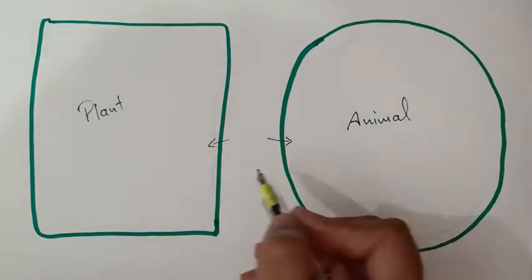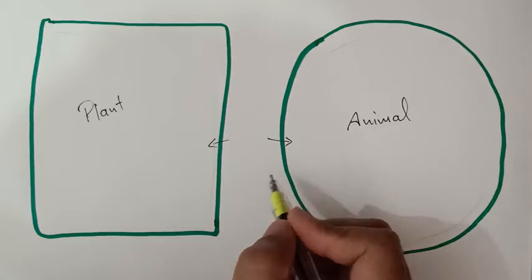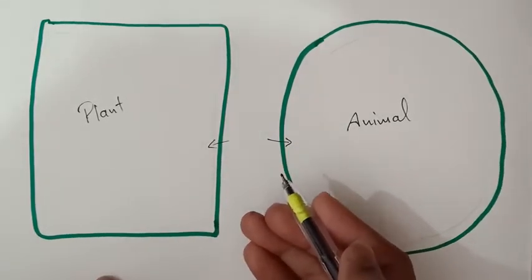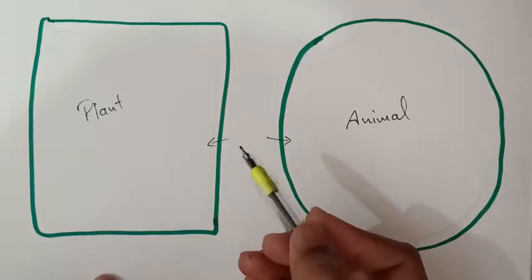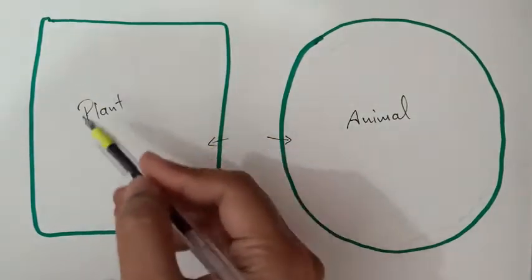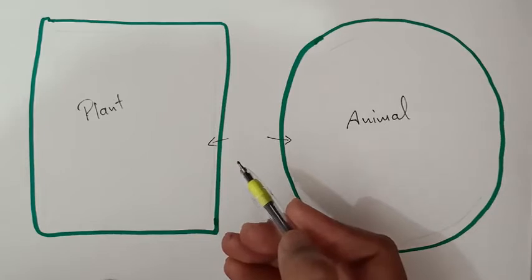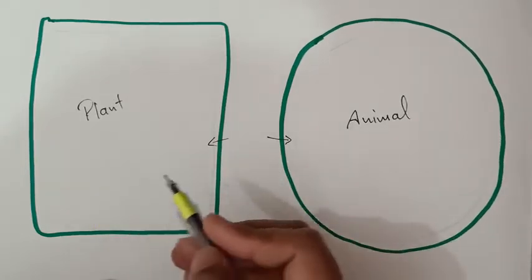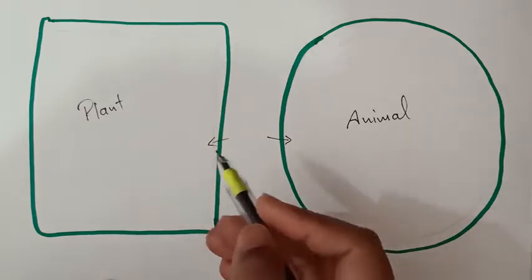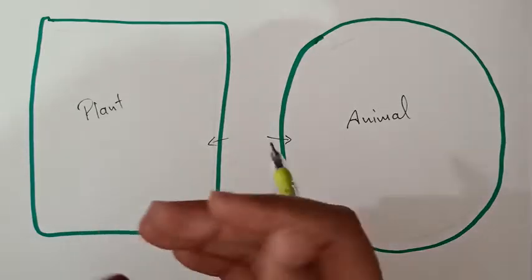What is the function of this plasma membrane? They provide and maintain the shape of a cell. Obviously, if they are the outermost membrane, then they help to maintain the shape of the cell. They provide mechanical support for the protection of internal structures, meaning those structures which are present here. They allow only useful substances to enter into the cell, and don't allow harmful substances to enter. They provide specificity to the cells, meaning this outermost covering specifies a particular cell.